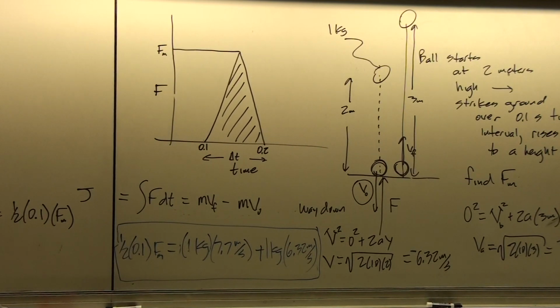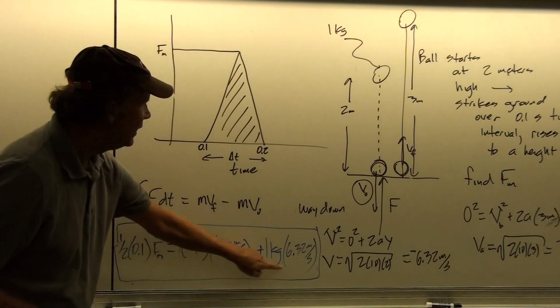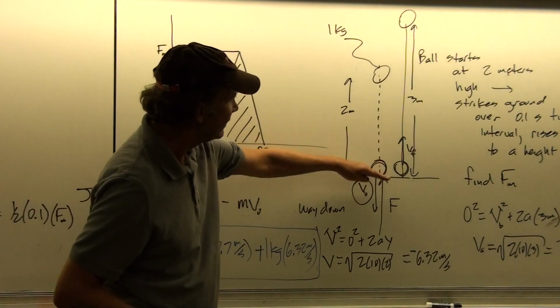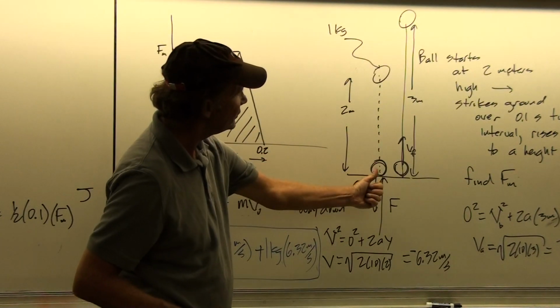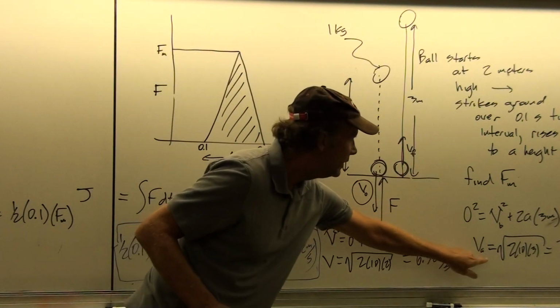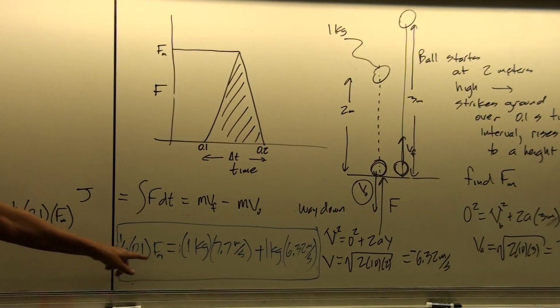So once we have all of that in place, this is the change in the momentum of the ball. If it were perfectly elastic, it'd be going the same speed on its way back up. But because the force function added a little momentum, it has a little greater speed on its way back up. And so that change in momentum then is equal to the area under the curve. Or finally, that gives us F max